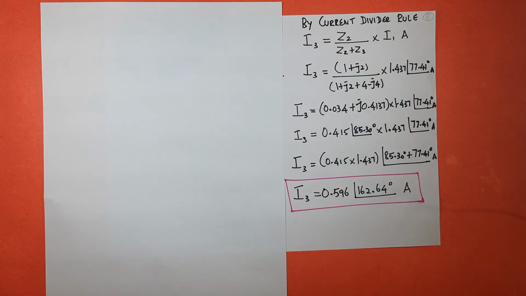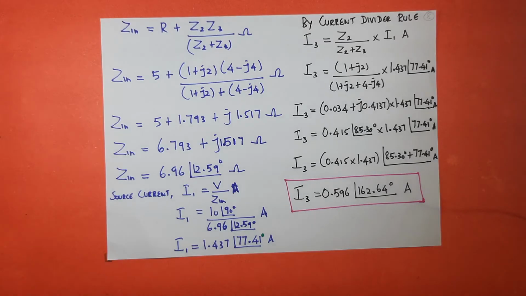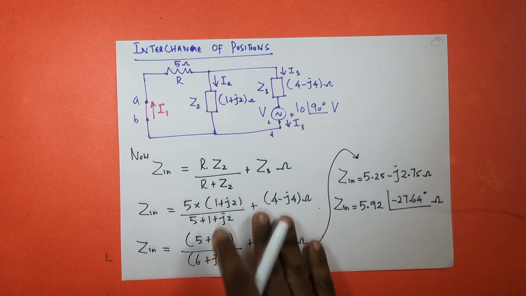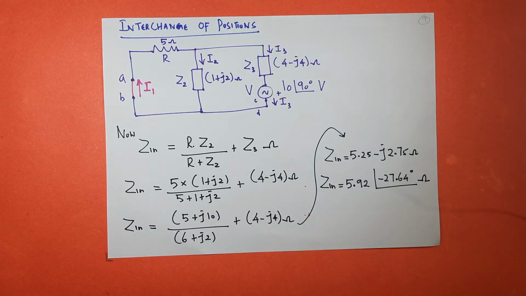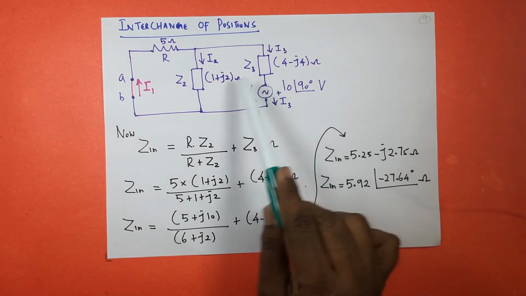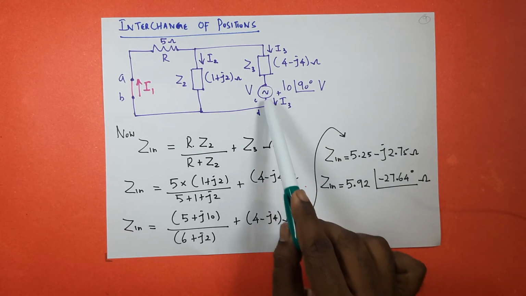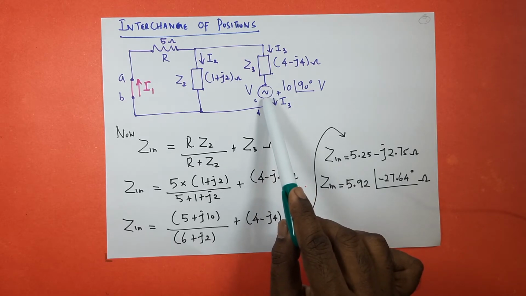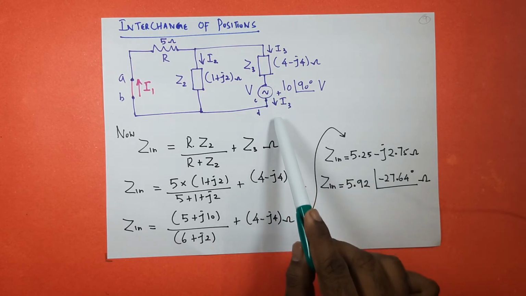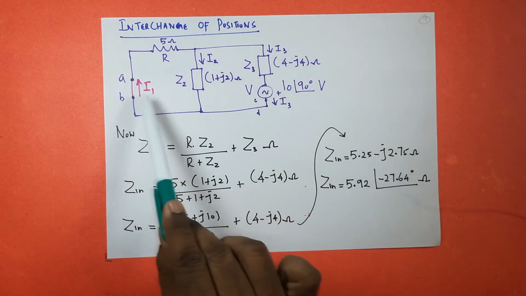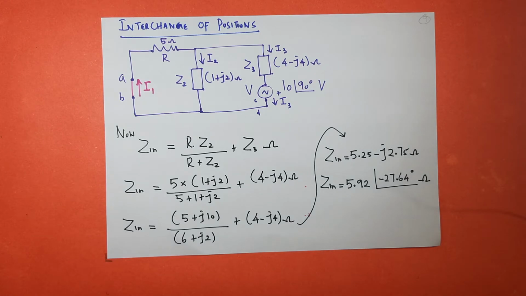Next what we are going to do is, we have to interchange the positions, right? We have to interchange the positions. So you may be getting like this after interchange of positions. So your circuit will become like this. So I brought V here. So current orientation is like this. So I orient this in such a way that through CD, this current coming out is I3. Here AB, the response is I1. So we have to find out what is this I1.